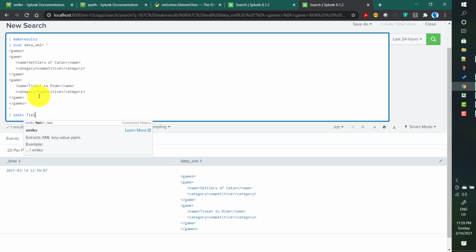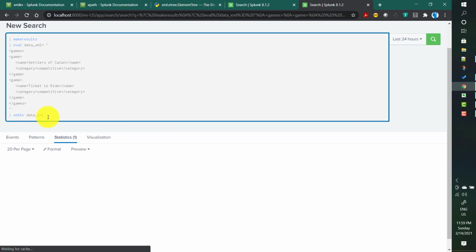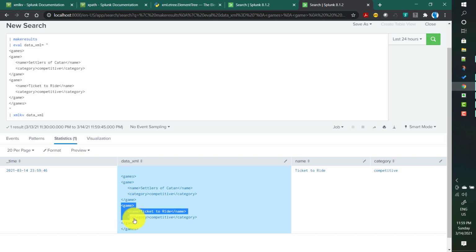In this case, I have taken this sample XML in a data_xml field, so I'll write xml-kv data_xml. If you see, it extracted two things, the name and the category, but only for the last one.